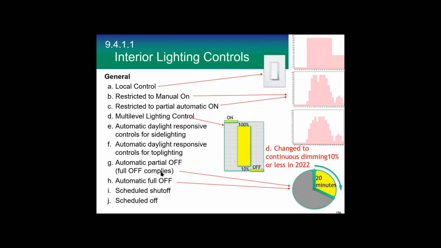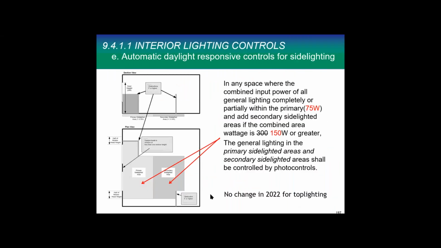Automatic partial off, full off complies. So at least 50% have to go off under this, and then we have the automatic full off. But within 20 minutes of the space being vacated, it goes off. We can also schedule it through some sort of computer system. We can schedule the turning off. Now, for daylighting, we require,